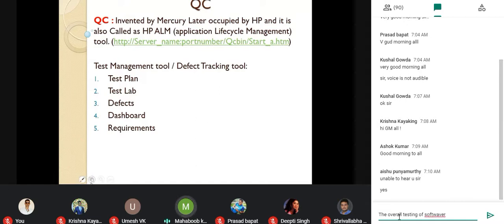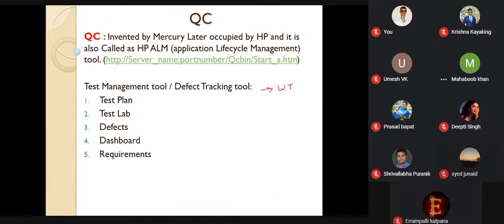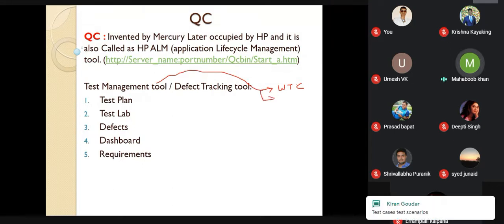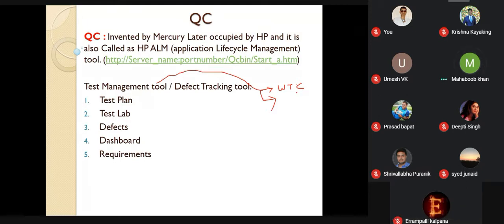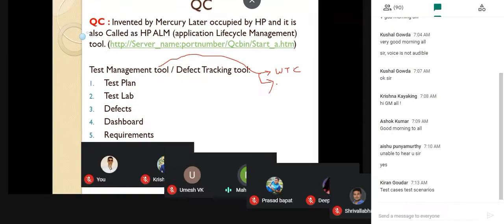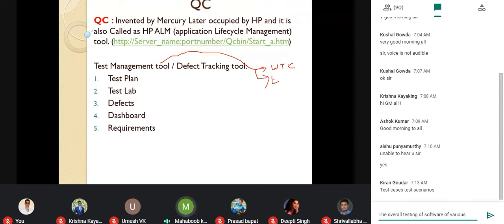What are the things that we will be doing on the testing side? We will be writing the test cases, or designing the test cases, correct? What is the meaning of a test management tool? Test cases and test scenarios, both are the same. We will be writing the test cases, and we will be executing the test cases.